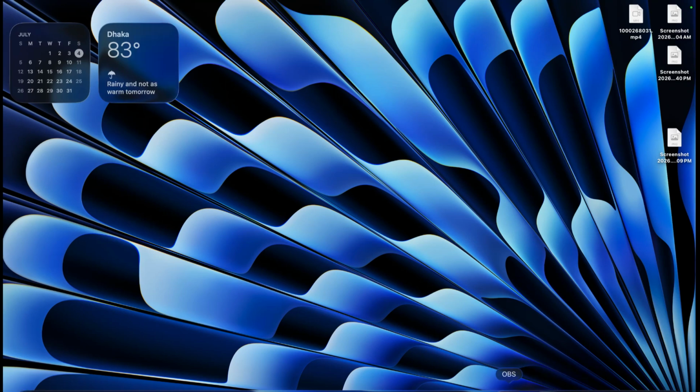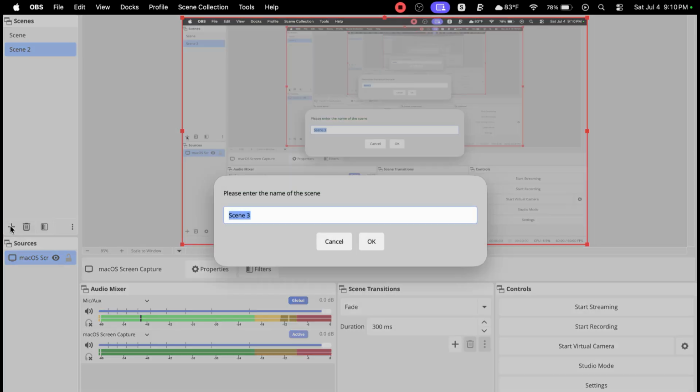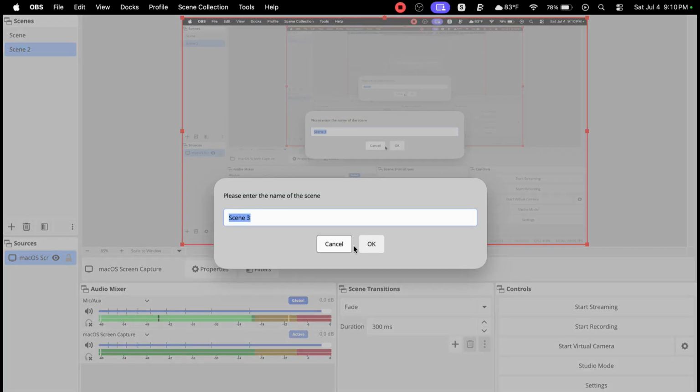In today's video, I'm going to show you how to add a background image in OBS Studio. So you can see I have already opened OBS Studio. Now I'm going to click this scene, the plus icon. Then since I create this for image,